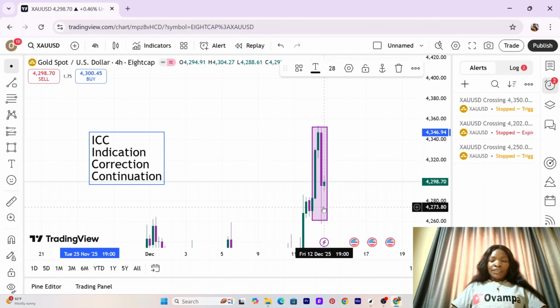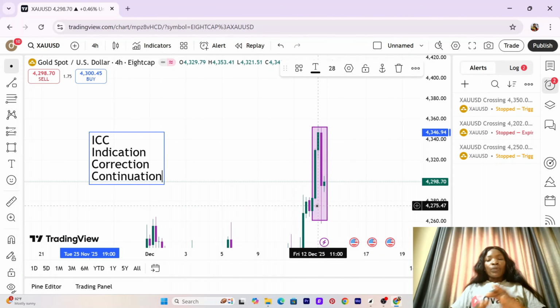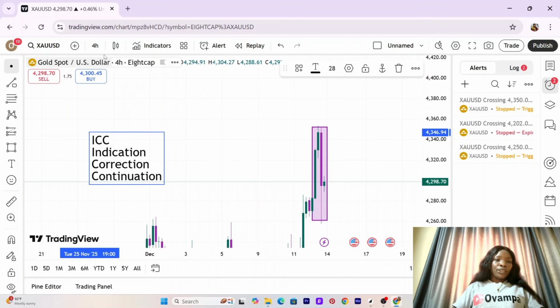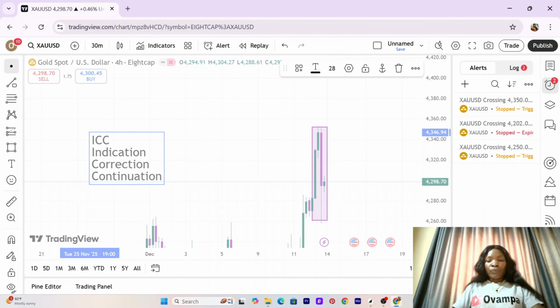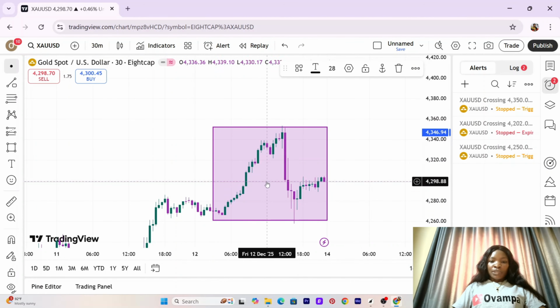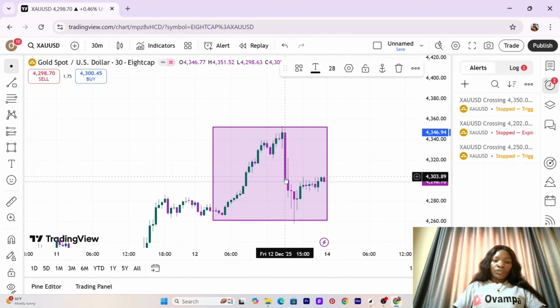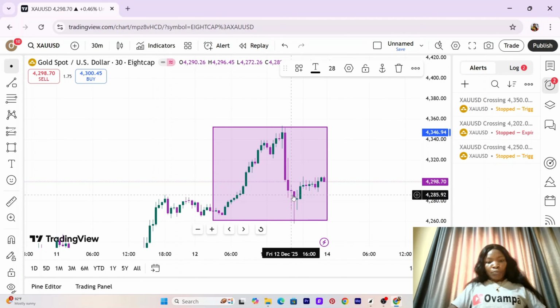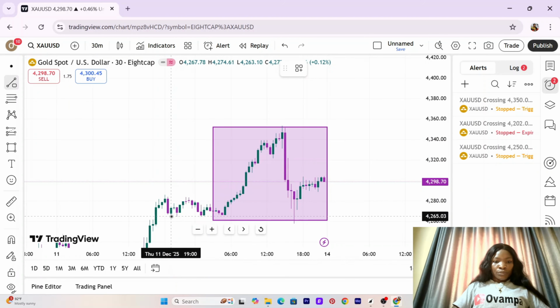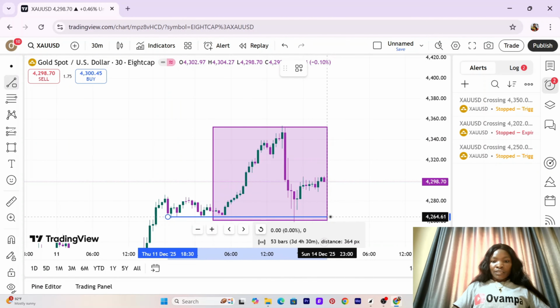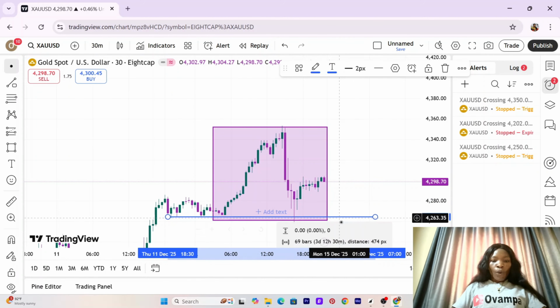And now, at a point there was a massive challenge here, which we can now zoom into the lower time frame to find out the right time to make an entry, because the market is resuming again on Monday, so that you see that clearer. So now zooming to the 30 minutes time frame, the indication is over, so the massive correction began to happen. But it got to a point at this level of support here, the buyers said, no way,